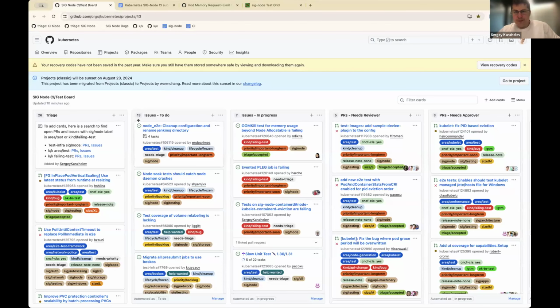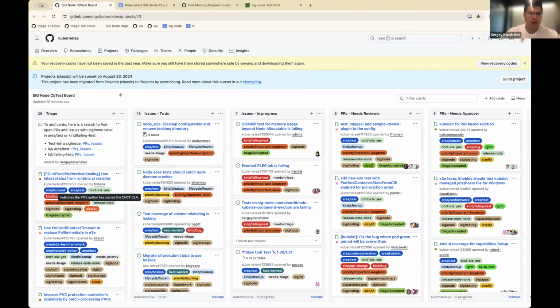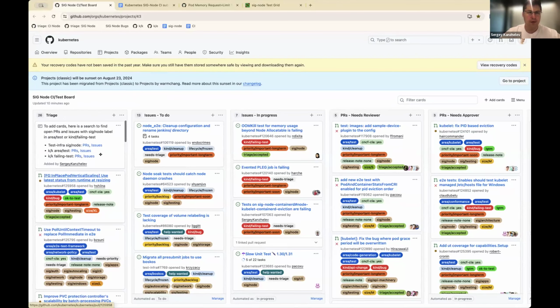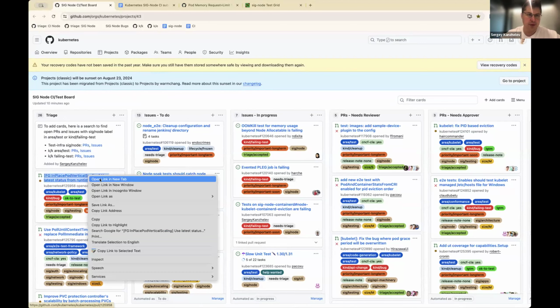Okay, it seems that nobody has context, so I will share my screen first and then set triage. Okay, you should see it now. We haven't triaged this board for a while, so let's start with the board triage and then we'll go into failures in the test grid.